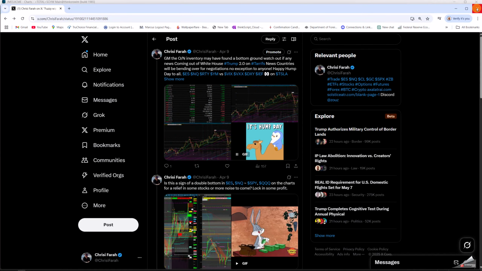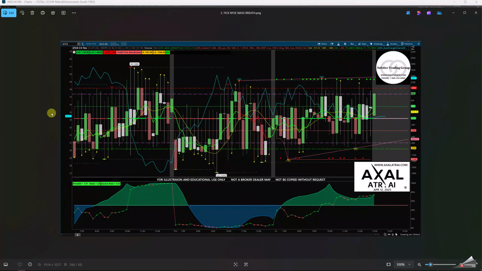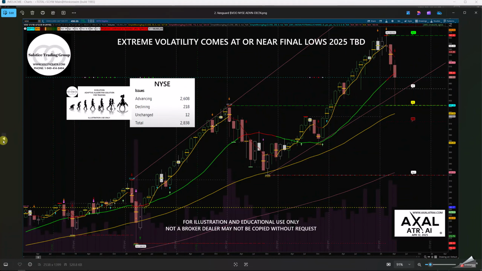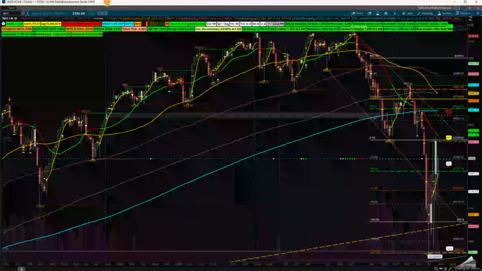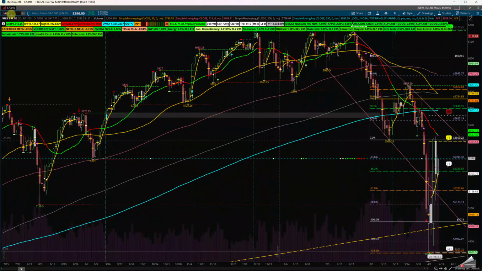Let's go to the first thing that I want to do after this. We put this back here. Let's go back to the front page. I want to go to the S&P 500. This is the E-mini. This is the monthly measured move. This is the spike down. And you're going to ask me, how did I come up with that?